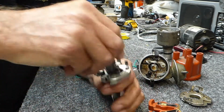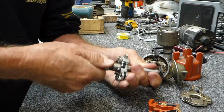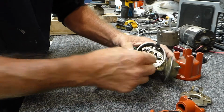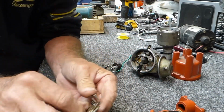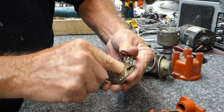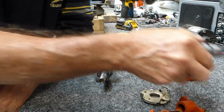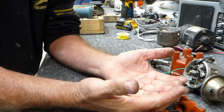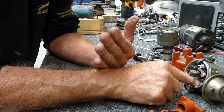So that twist there is your manual, mechanical advance, and then on top of that twist, this one here, is your vacuum advance. And the reason we need 40 degrees advance when you're on the open highway is that when you drop off your throttle and this drops into 40 degrees advance,